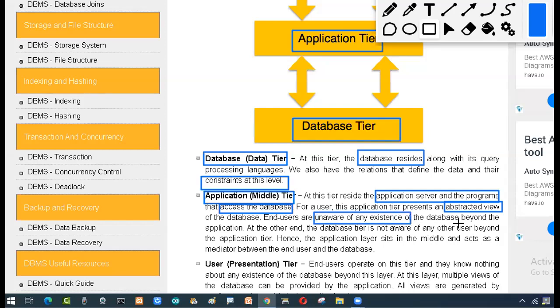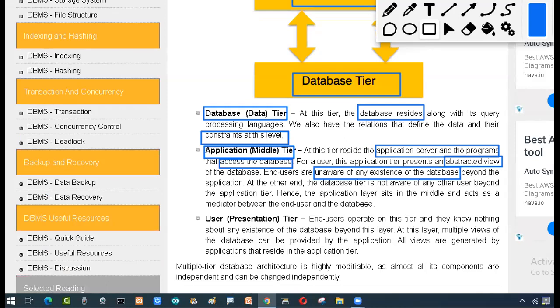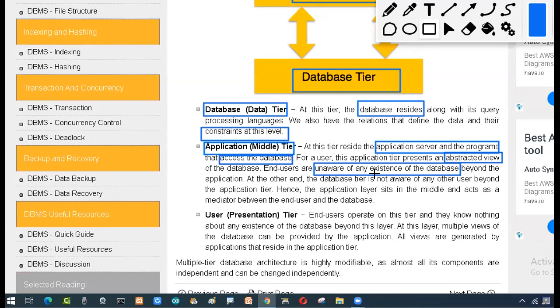That is what we want, security. I don't want to reveal where the database is coming from. On the other hand, the database tier is also not aware of where this person is asking from, or where the application is coming from.